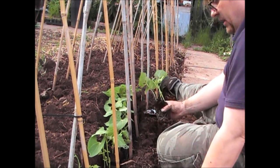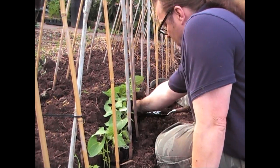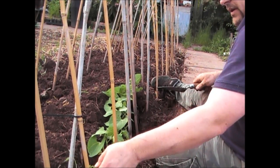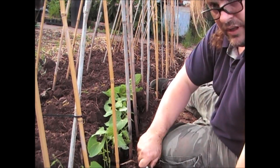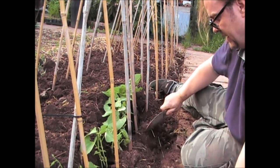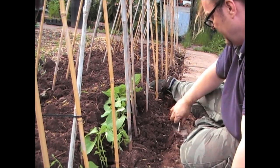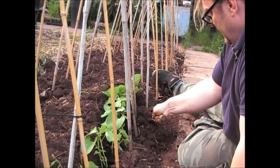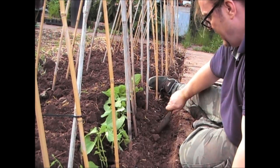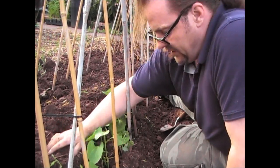So as soon as you've got 6 or so in a row, then what I do then, this is the quickest way of doing it, obviously if you've got a bit more time, is put the soil in from this side, like that, but from the outside, like that. And what that'll do is just support the plant from this side, like that. Obviously this ground's nice and loose. So get the soil in at this side, and then just by pulling the soil in from the inside, I don't know if you can see this,